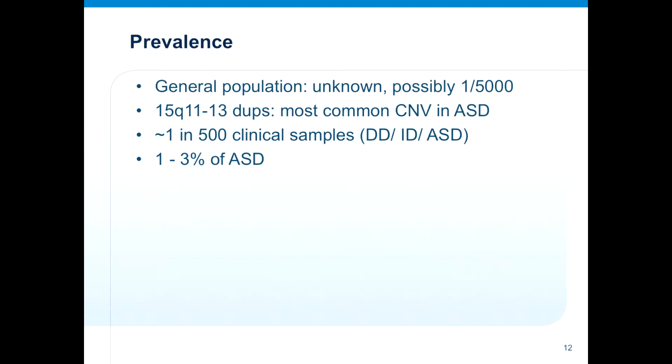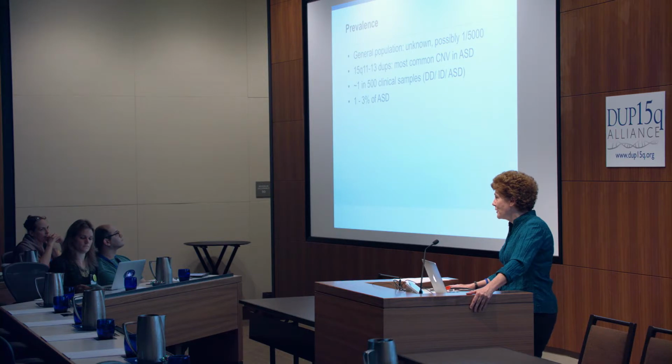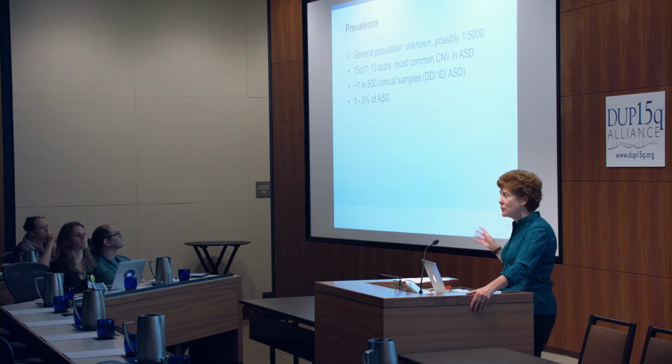So very quickly, the prevalence of DUP15Q syndrome in the general population has been thought to be possibly as high as 1 in 5,000. That's from a paper in 2014, possibly around 1 in 10,000. It's hard to know what to quote, and that's not just for DUP15. Any of these syndromes that quote you a prevalence figure, a lot of times you have to take that with a grain of salt. We really don't quite know, but this is certainly, among rare disorders, one of the more common.